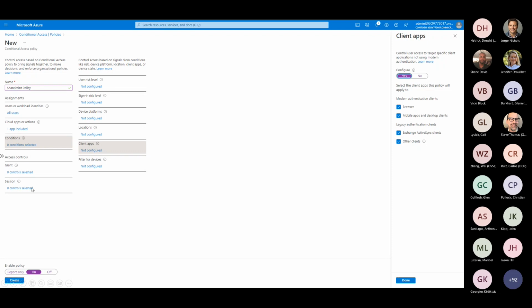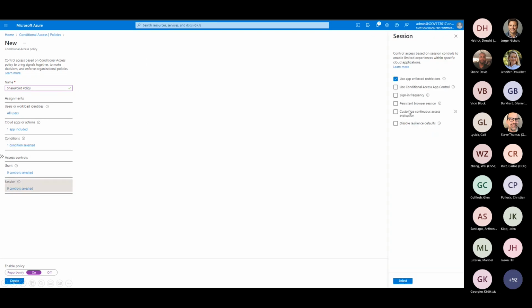Next, let's click on Session. Here I will configure session controls and I will choose Use App Enforced Restrictions. App enforced restrictions are all about ensuring your corporate data doesn't unintentionally end up on devices over which you have no control. Once this is enabled, this feature will prevent your users from downloading, printing, or syncing SharePoint Online data